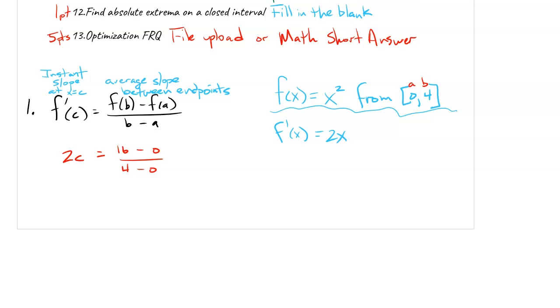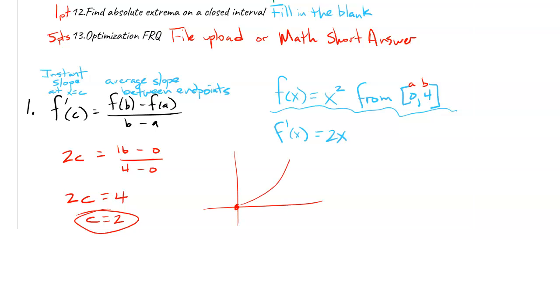Yes, the c ends up being pretty important on the AP test. They're very particular about you writing a c instead of an x. Good memory. That's a super easy thing to forget. So 2c equals 16 divided by 4, and then c is 2. And that would be the c value that satisfies the mean value theorem on f of x equals x squared from 0 to 4. If you guys wanted me to sketch this quick,